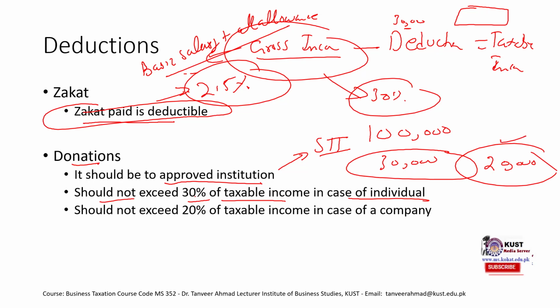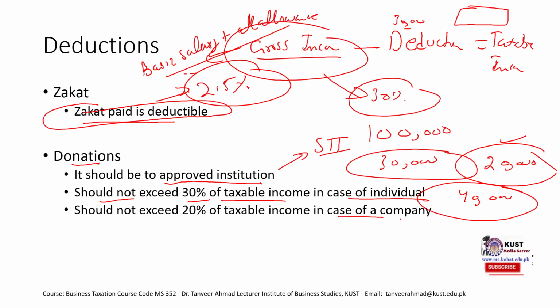The limit is 30%, right? But it doesn't mean that we always have to deduct 30% of our taxable income. It is the limit, the maximum that it can go. So in this case, we would deduct 20,000 rather than 30,000. What if we paid 40,000 as donation? In that case, what is the maximum allowed limit? It's 30,000. So instead of deducting 40,000, we would at maximum be allowed to deduct 30,000, right?